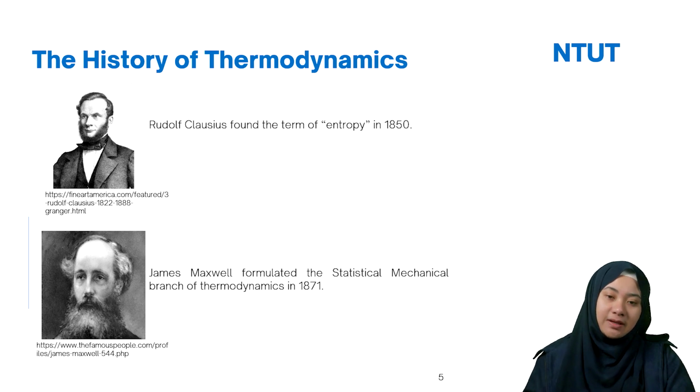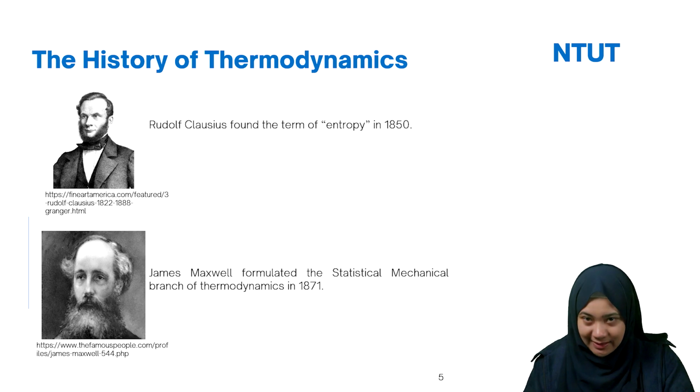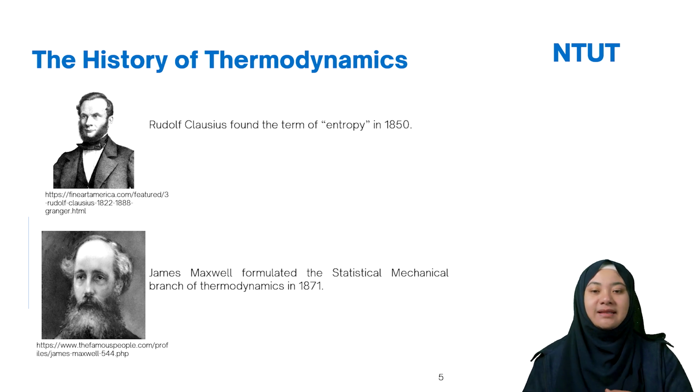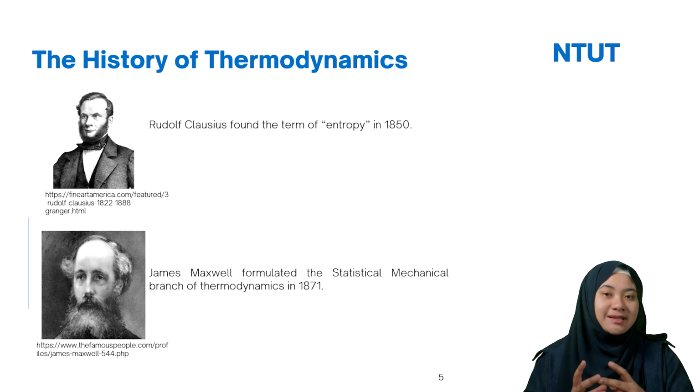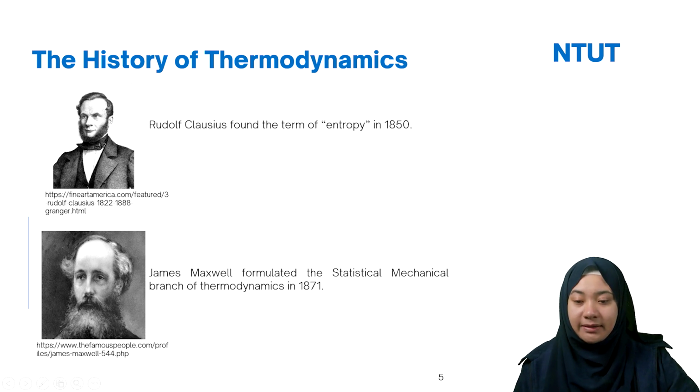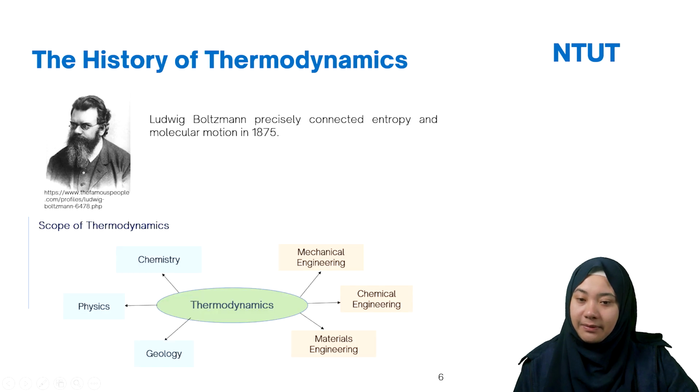Later, when we discuss entropy, please remember that entropy never decreases. Entropy always increases. Enthalpy can increase or decrease, but entropy is special. This is in the second law, where we will learn why entropy is never negative. Entropy can be zero, which means it is balanced, but entropy cannot be negative or decrease. This is the concept we should take care with. Later we will discuss more about that.